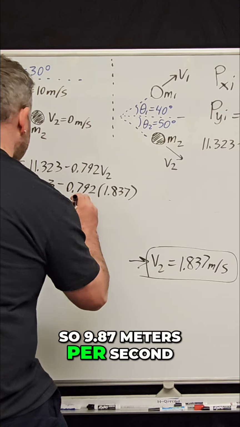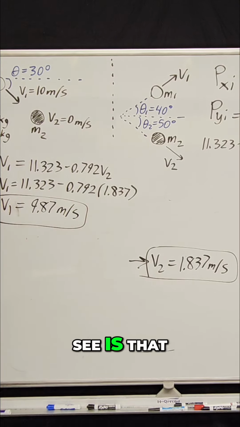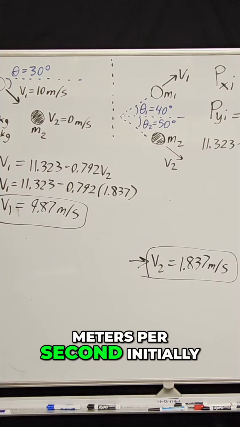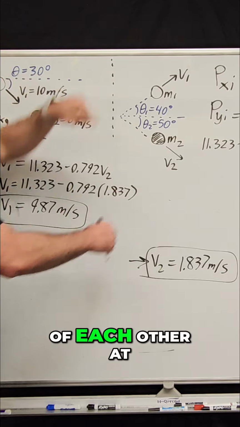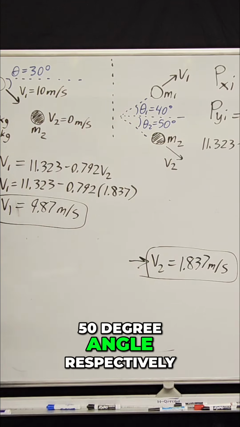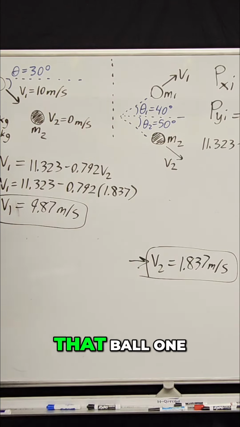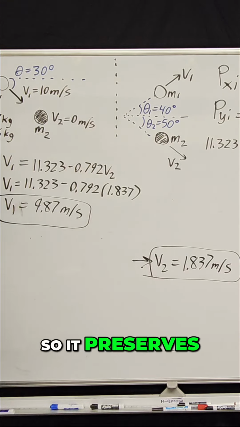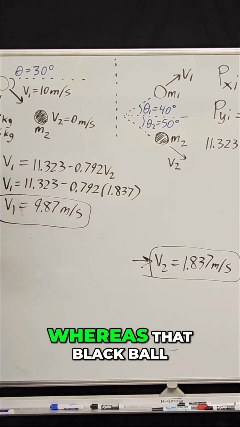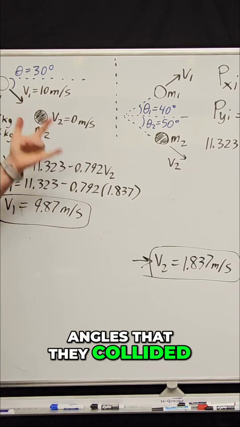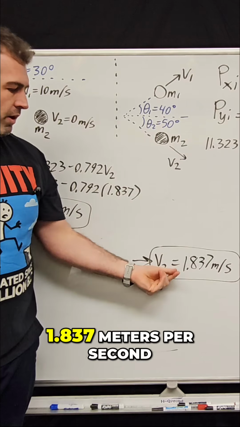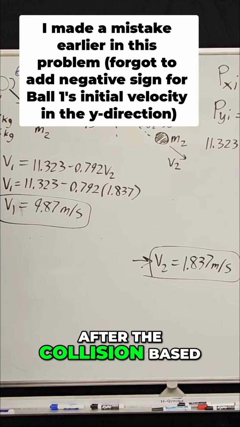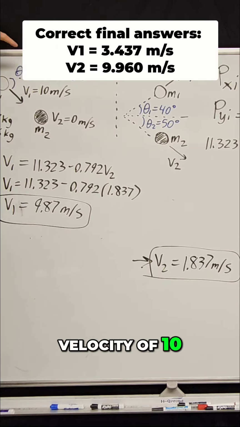So 9.87 meters per second. So what we see is that after I hit this ball towards the black ball at a velocity of 10 meters per second initially, and I notice they bounce off of each other at a 40 and 50 degree angle respectively, I now know that ball 1, the cue ball, will move at 9.87 meters per second, so it preserves a lot of its original velocity, whereas that black ball, based on the angles that they collided, is reflected at only 1.837 meters per second. So these are their final velocities after the collision based on an initial velocity of 10 at a 30 degree